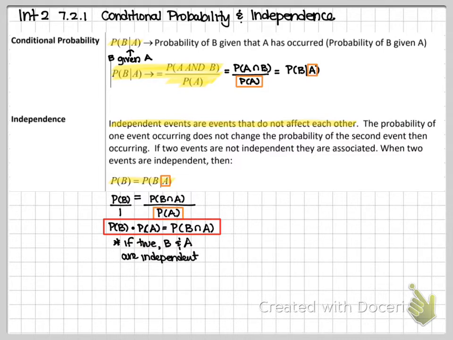So that's another way to do it. Or you can go and use the original problem. Probability of B is equal to the probability of B given A. Another way to check it. Okay,